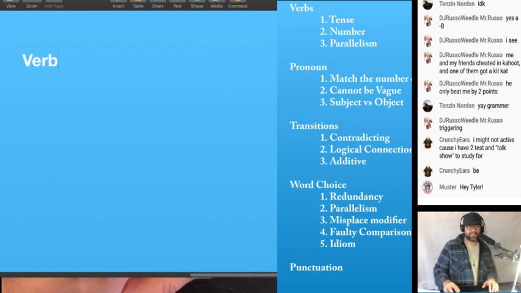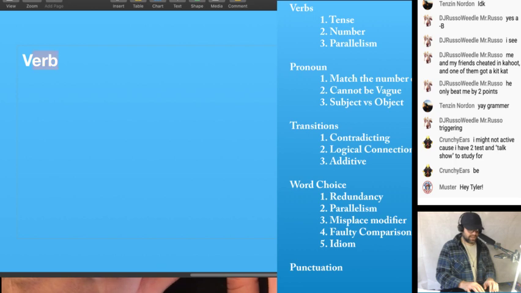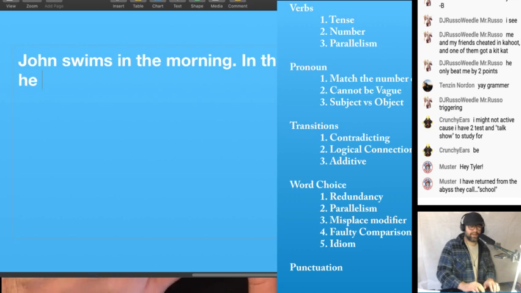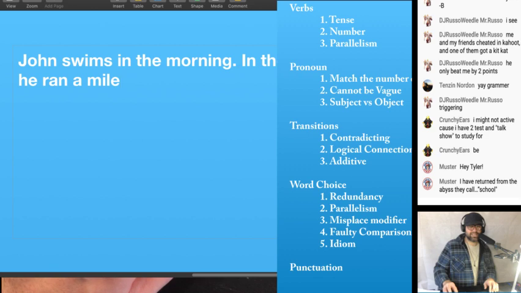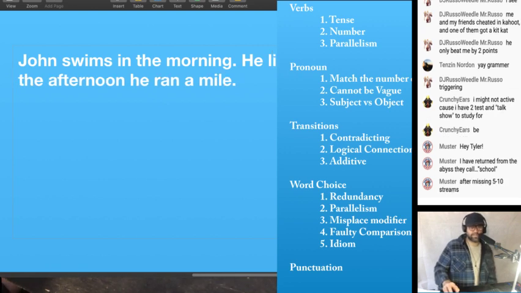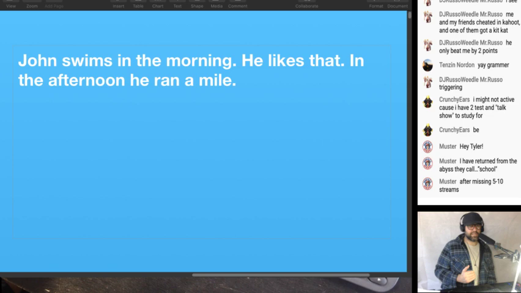So an example of verb tense would be John swims in the morning, in the afternoon. He ran a mile. All right, so looking at this passage, there's a couple verbs in it, and so we need to make sure that the verb, or at least that the